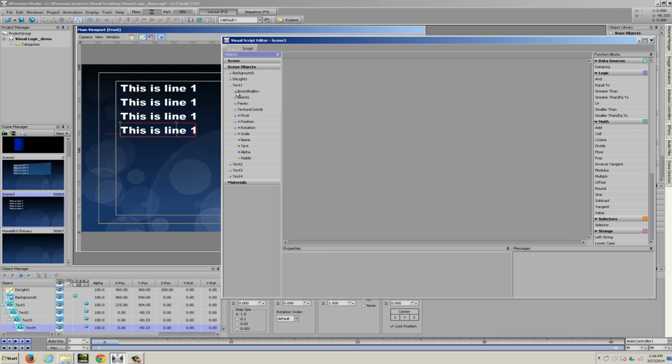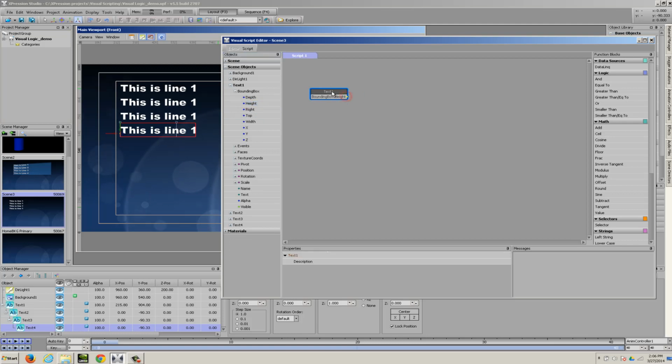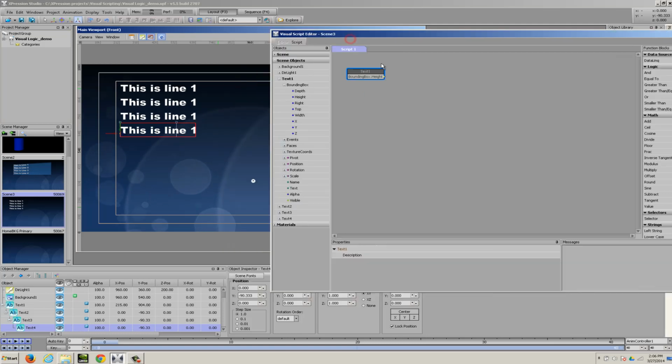So we're going to grab the bounding box, and we're going to pick a specific property from that list. So we need the bounding box height. So we'll drag bounding box height onto our Visual Logic Editor. So there it is. Now, bounding box height only has an output. So this is an example of a block where we can only retrieve a value and send it somewhere else.